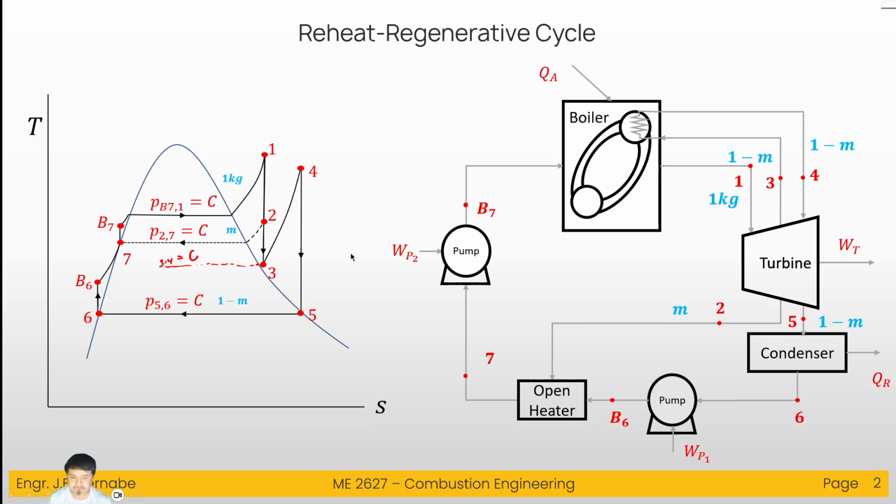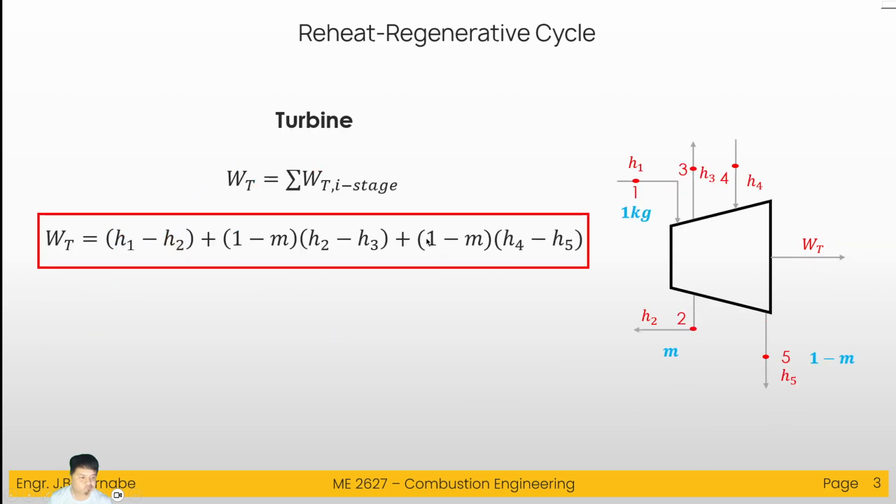Okay, so we have to take into account the mass balance, no? The mass that is flowing through your node, or through your processes. So in this case, we have the turbine. If you do an energy balance, we can see that the total turbine work is just equal to the summation